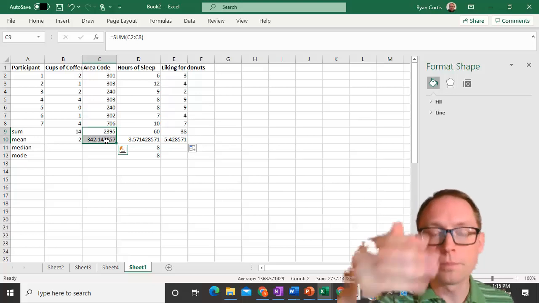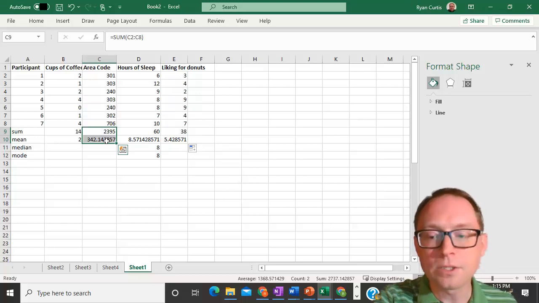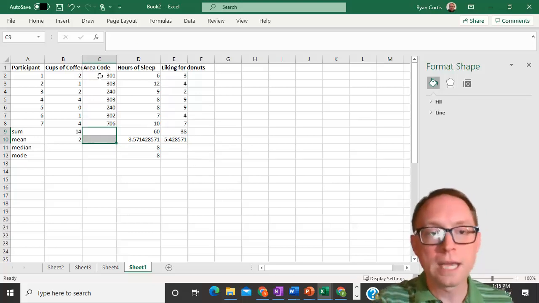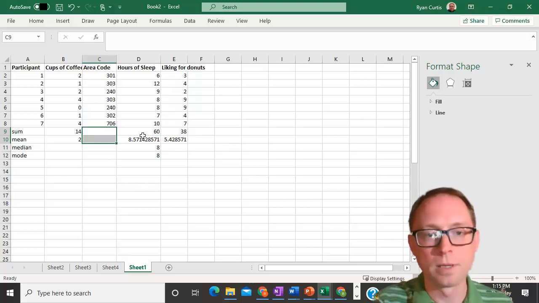Mode, I guess, would make a little more sense because it's kind of like frequency. But it doesn't make sense to do those because it is not continuous data. When you have categorical data, you're not going to run a mean. You're not going to worry about the median. We're not going to worry about a sum. It doesn't make any sense.